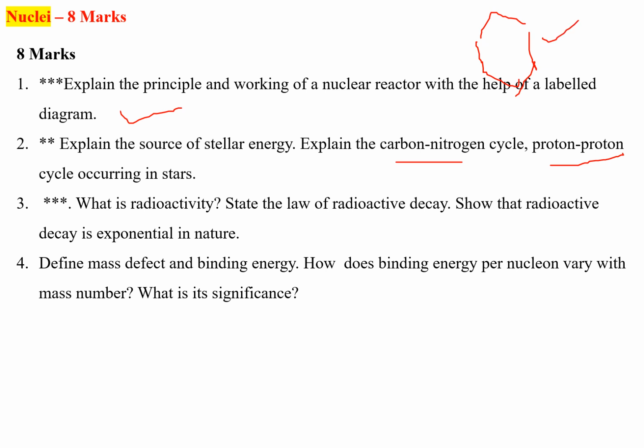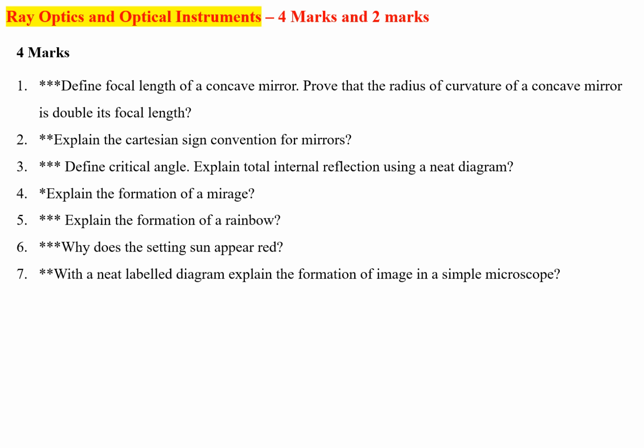First concentrate on understanding this benzene ring-like structure. According to this, you can go through the steps, and it will be a little easy. First finish your nuclear reactor, including the diagram, which is also available on the internet. These three questions are most important in this chapter, and they may also ask some problems on the nuclear reactor. These are the 4 mark questions which are important. I have marked them with 3 stars and 2 stars according to the weightage.